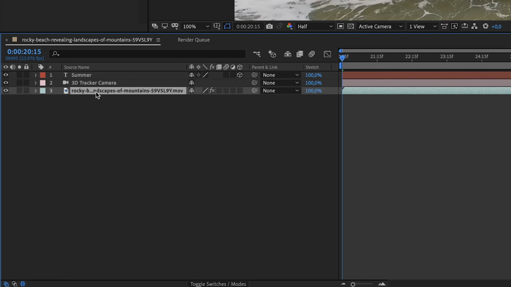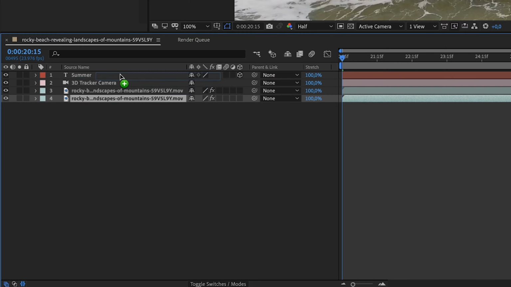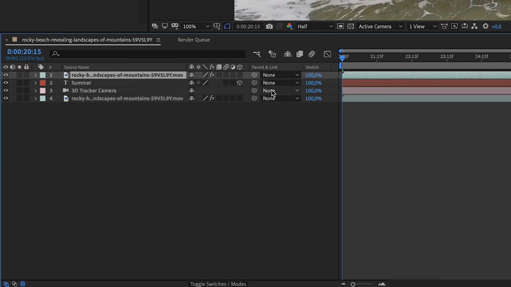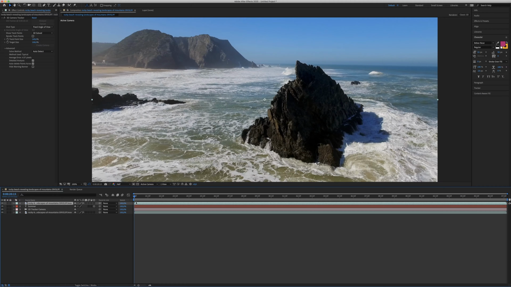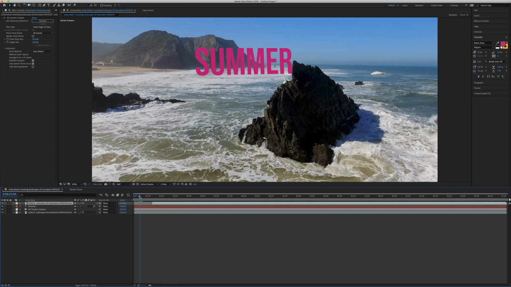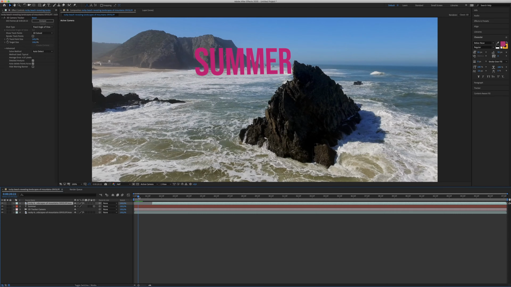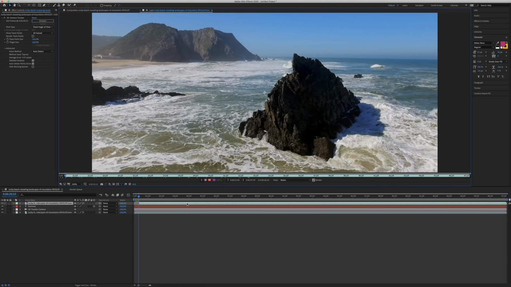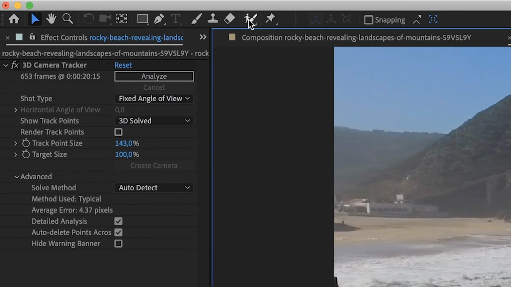In order to do that, I will duplicate my video. I will put it on the top of the layers, so it will cover everything. Now we won't see the text. And I want to make it a little bit shorter. So you can see I'm looking for the point just before it goes behind the mountain. I will shorten the clip to that point, double click the clip, and now we have to use this tool,